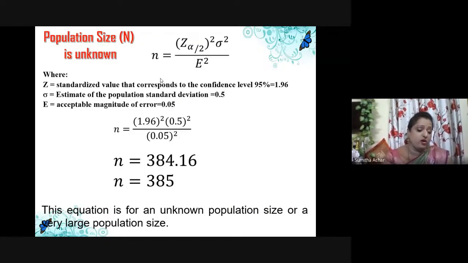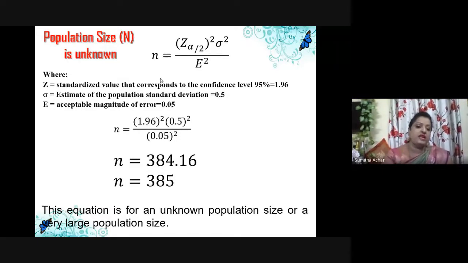I'm sure all of you know how you got this now. Z square, the standard value for 95%, is 1.96. Sigma square is the standard deviation. Since I'm having an infinite population, the estimated standard deviation is 50%. So it's a standard value that we take, 0.50. And error, since it's 95%, I can take it as 0.05. So for an infinite population, 385 samples are adequate, right?